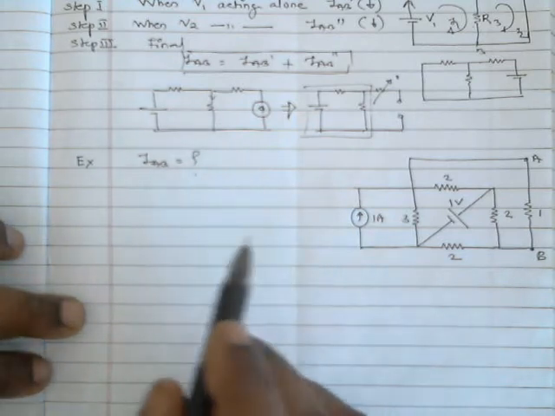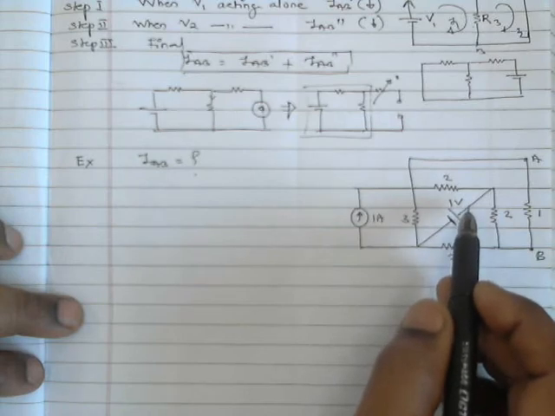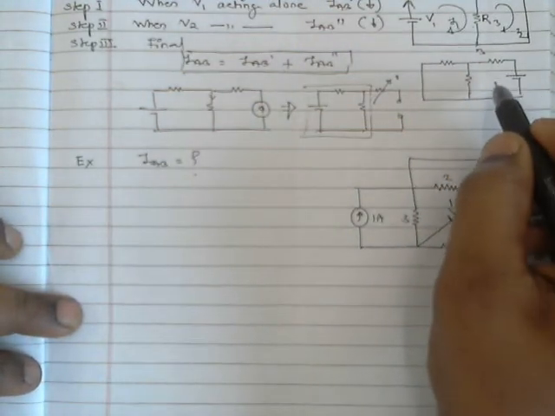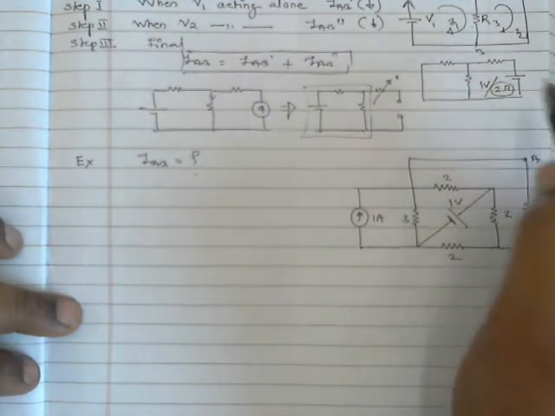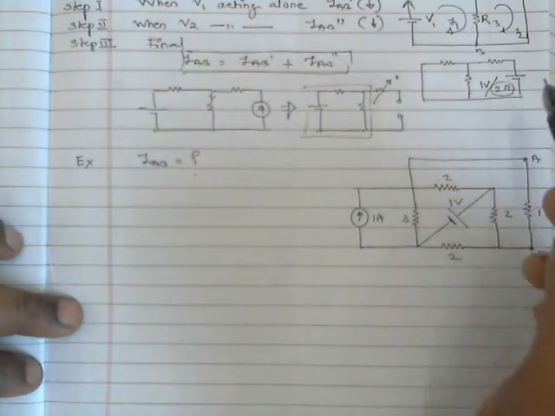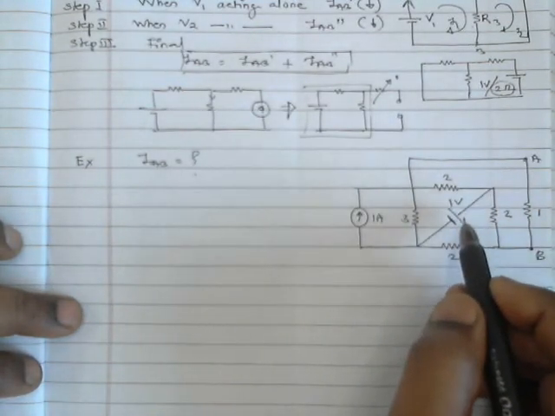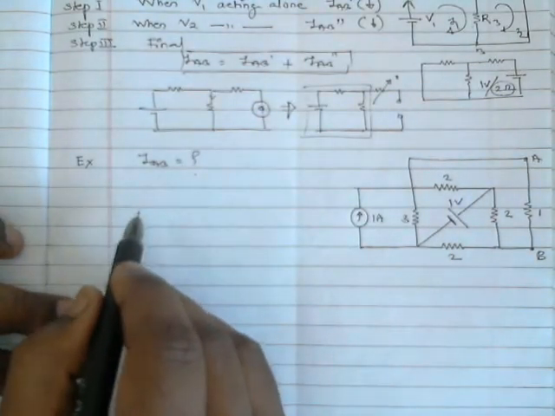Okay, when 1 ampere is acting alone, this voltage source will be replaced by its internal resistance, if given. Sometimes what they do, they write like this, 1 volt oblique 2 ohm. It means it has internal resistance of 2 ohm. Then you have to consider it. Okay, but mostly it is not the case. So here internal resistance is not given, it means 0, means you have to short circuit it. So your new circuit will be like this.